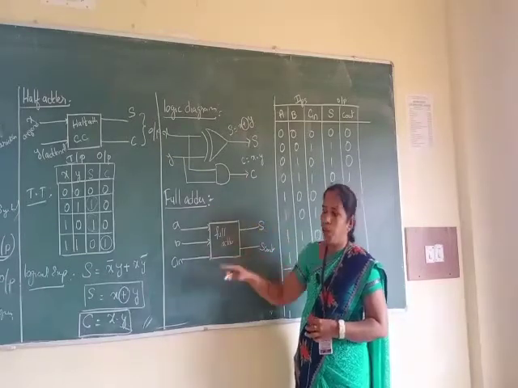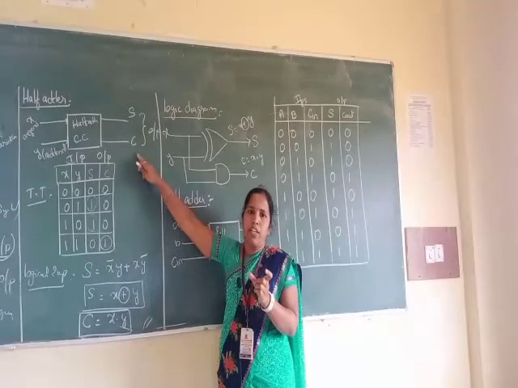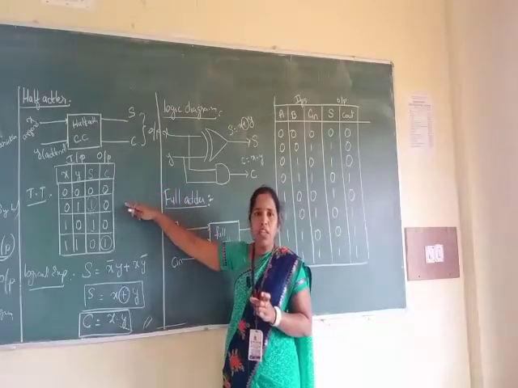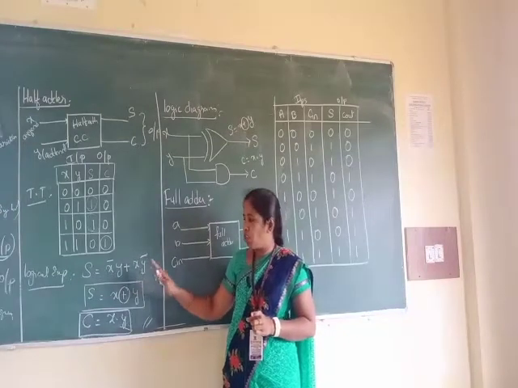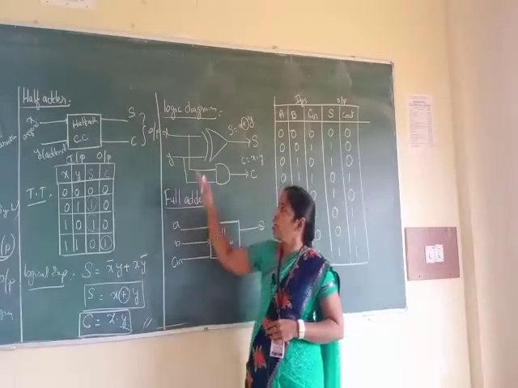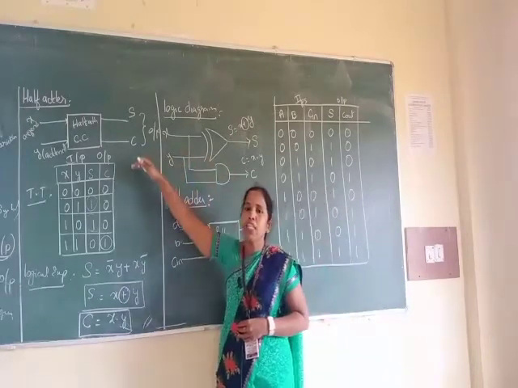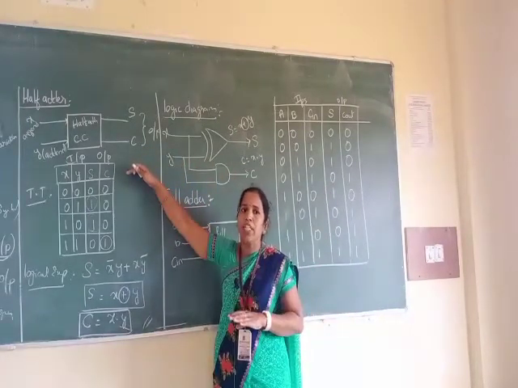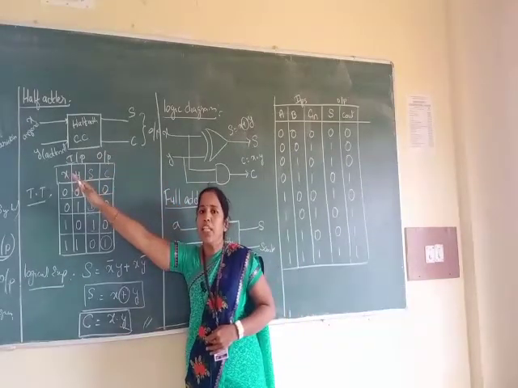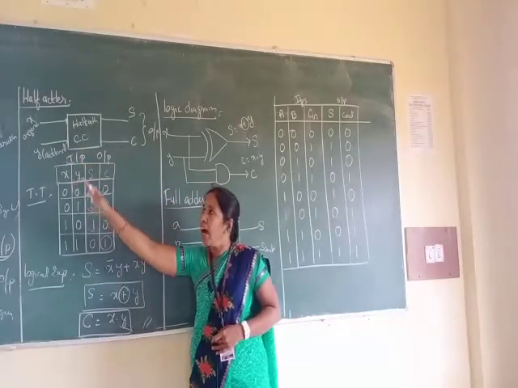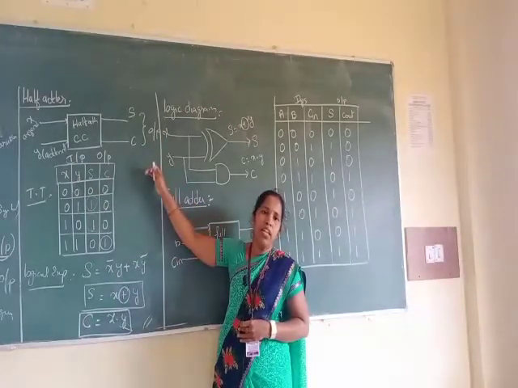So these 5 points only you have to remember. First one is what is half adder and why it is used. Second step, generating the truth table, right? Third step, we are using the logical expression. So based on this logical expression, we are going to draw the logical circuit diagram. So half adder is nothing but a combinational circuit, right? Which is going to take two inputs, that is nothing but augend and addend, and generating two outputs, that is S and C, sum and carry.